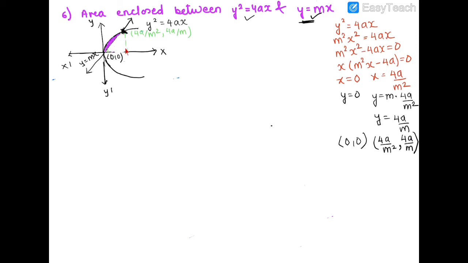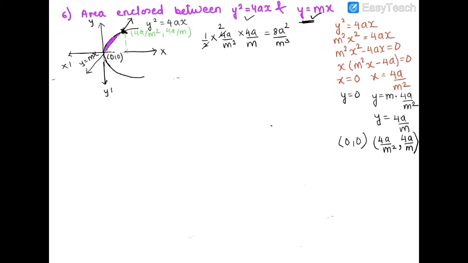Now if you see this area, this is a triangle, तो इसका आंसर तो मुझे already पता होना चाहिए था कि area below the line क्या होगा, half of base. Base कितना है, x axis x coordinate है, और height कितनी है, y. So 4a by m. So I should have known directly that my answer for area below the line should have come out to be 8a square by m cube. Which area? This area, area below the line. However, we have to use integration.